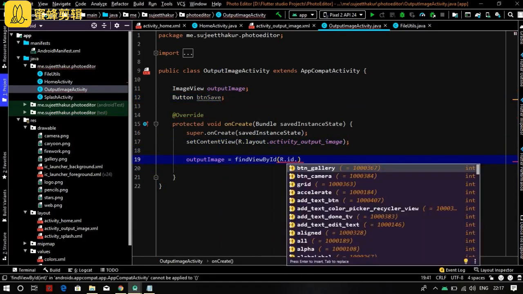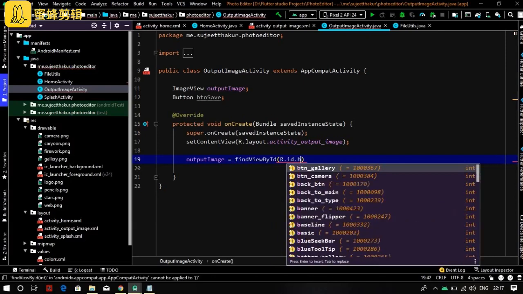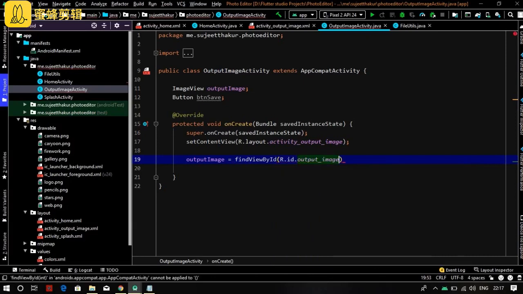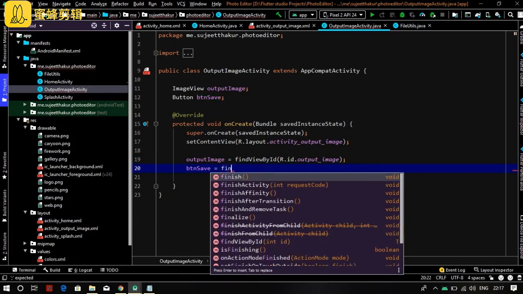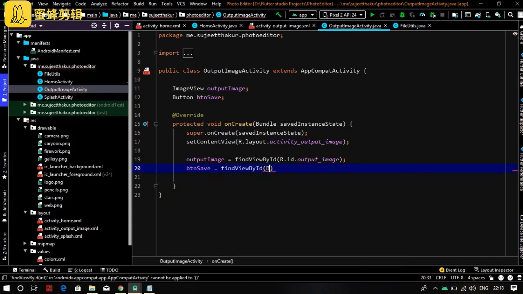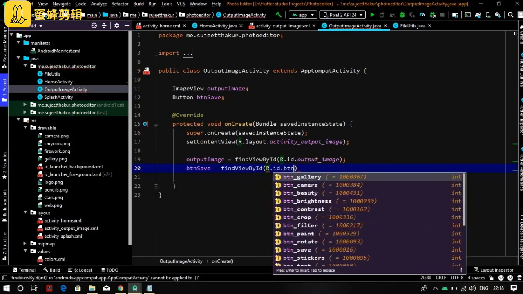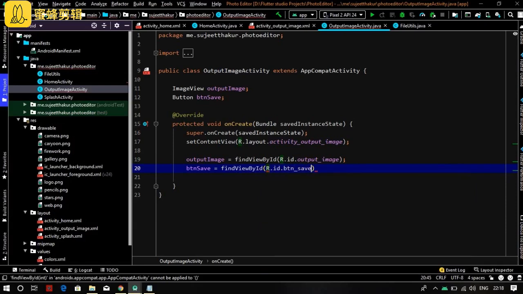Output image equals find view by id R dot id dot output image. And btn save equals find view by id R dot id dot btn save, and add a semicolon at the end.